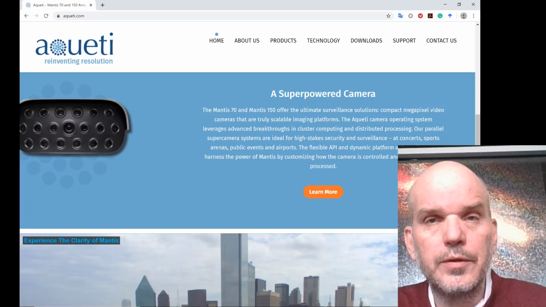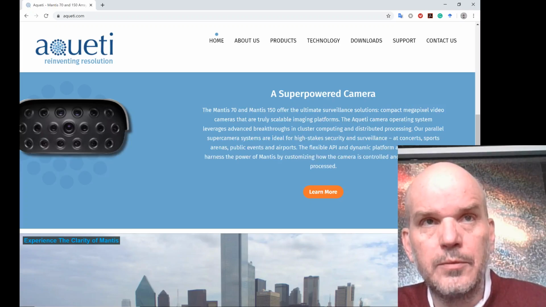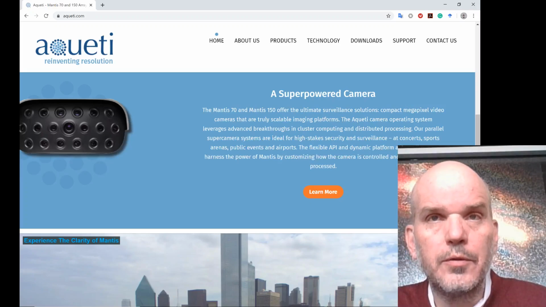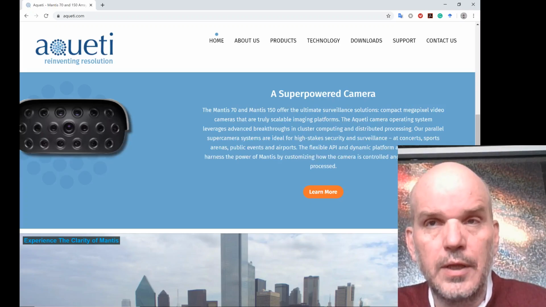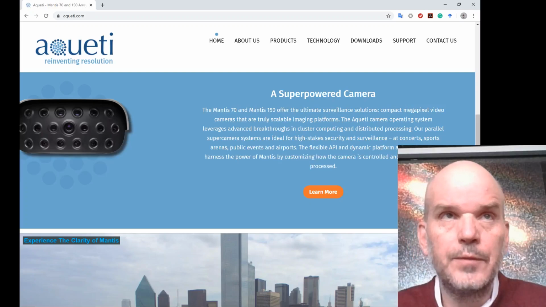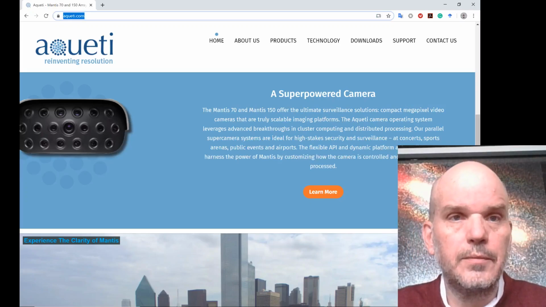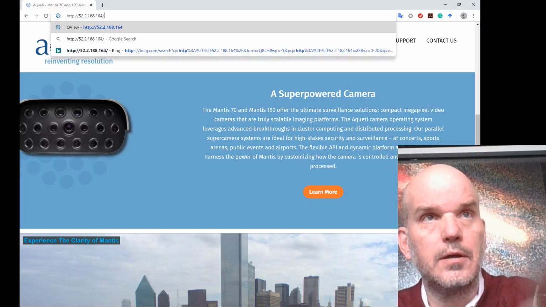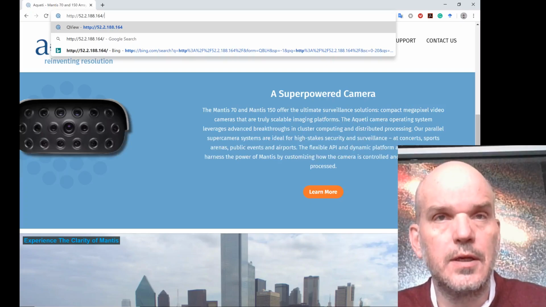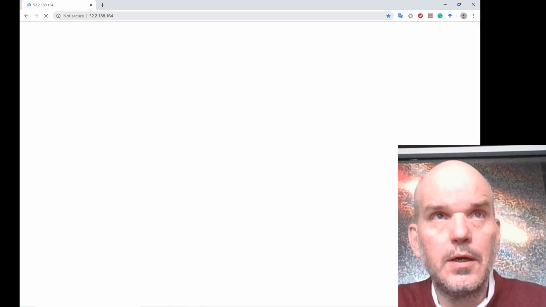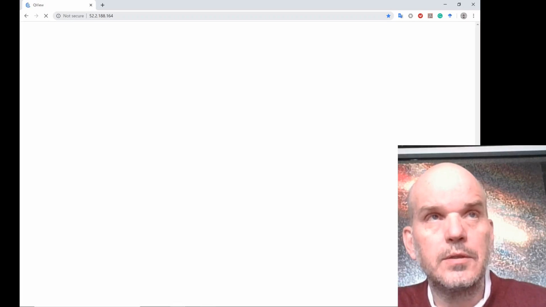Typically, that's deployed with a direct connection from the cameras or an array of cameras to the render server. But the render server can also be on the cloud, which allows people anywhere to log in from any computer they have, or even portable devices, and interact with the media. So, for example, there's some media from one of our cameras that's online on Amazon Web Services at this site, 52.2.188.164. When you open that up, you come into the QView